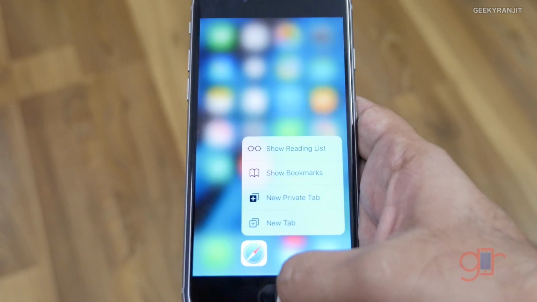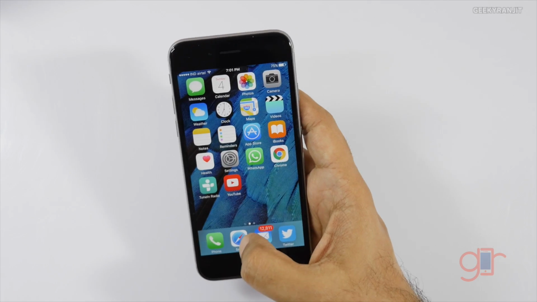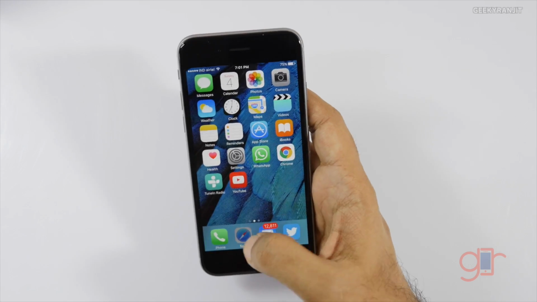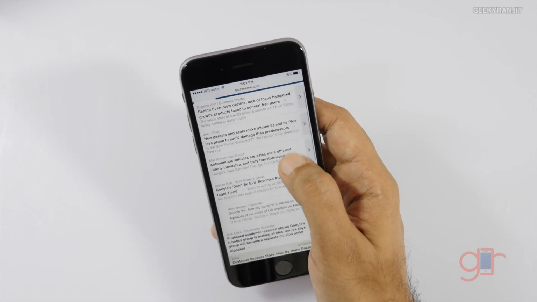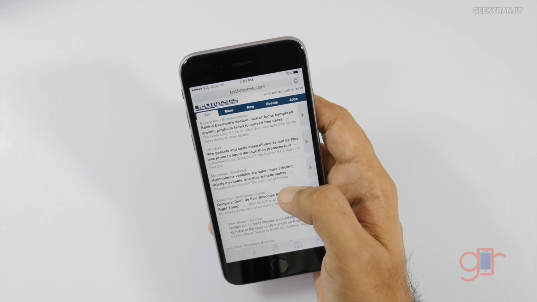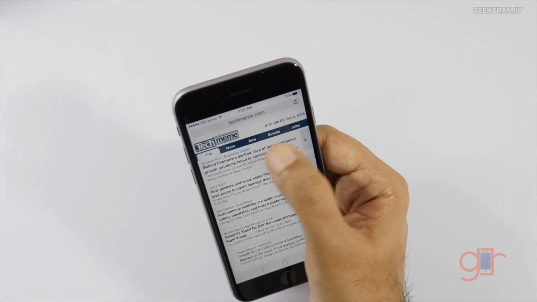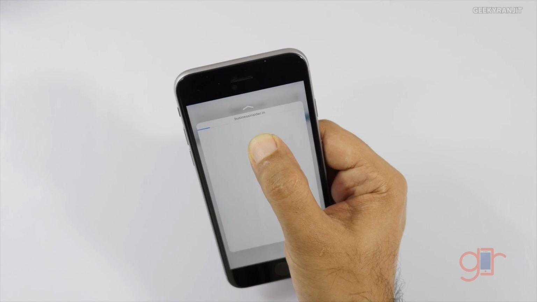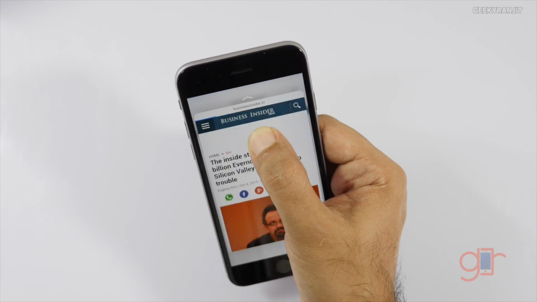The 3D touch also works with the browsers, but as of now, it just works with Safari. Chrome as of now does not support 3D touch. For example, let's open up Safari. And as you can see, we have a bunch of links over here. And let's do one thing. Let's say I want to see what is in this link. So I can just do the 3D touch and it will open up that web page.